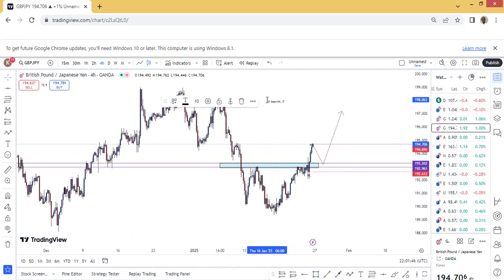Daily, we are bullish. And 4 hours, we are bullish. So we'll be looking for buys